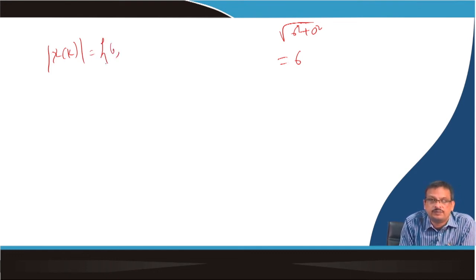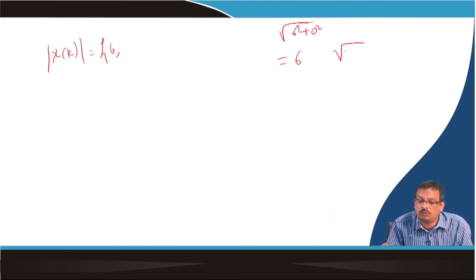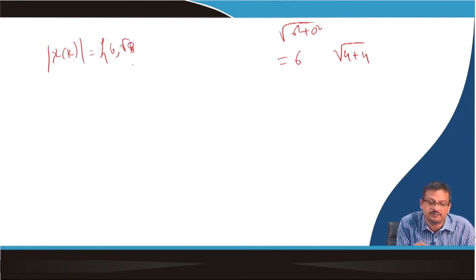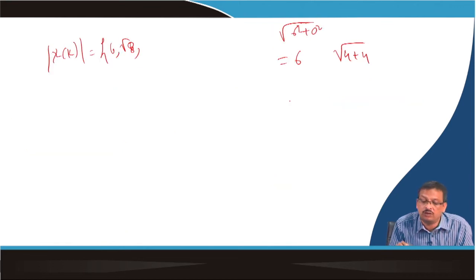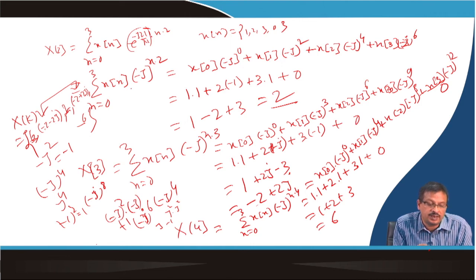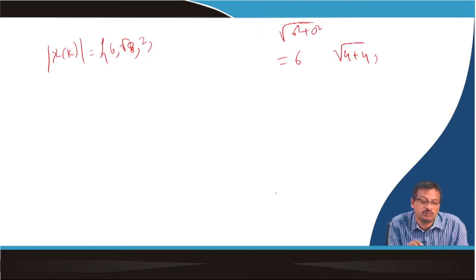That is the amplitude. Then root of real square plus imaginary square. What is the value? 2 minus 2j. So 2 squared means 4, plus 4. So I can say it is root of 8. Then again I have a 2. X of 2 is 2. So I know the value is 2. X of 3 is minus 2 plus 2j. So again root of 8. Again I have 6. So this is the mod value.